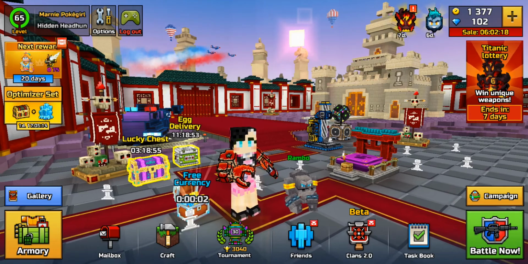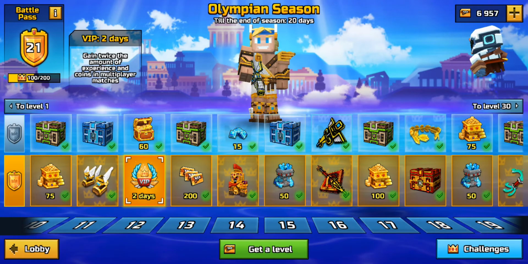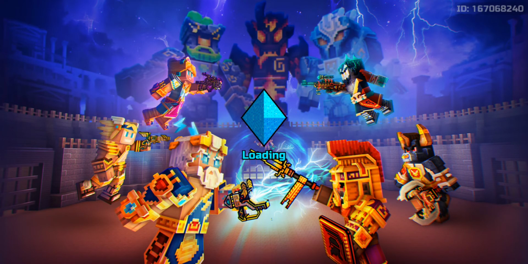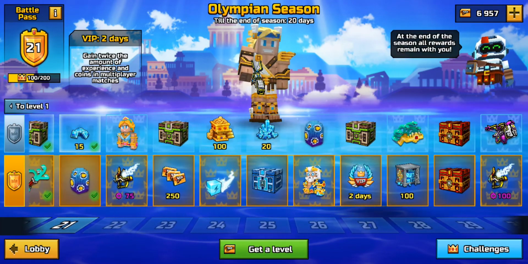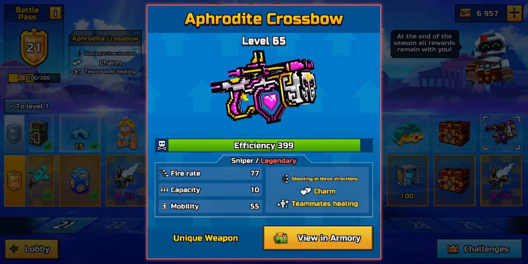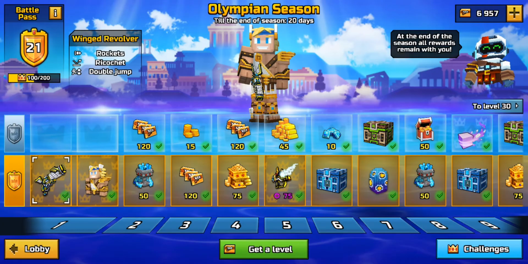Now, some things you might have in mind. Why are you doing this so late? It's because, first of all, in the Olympus season, I've actually purchased the Battle Pass, and the weapons are quite interesting, like the Aphrodite's Crossbow. I might try it out because I don't have the offensive fireworks and a winged revolver as well, but